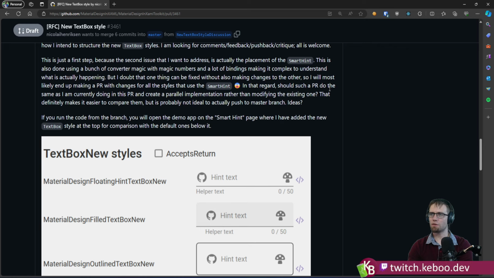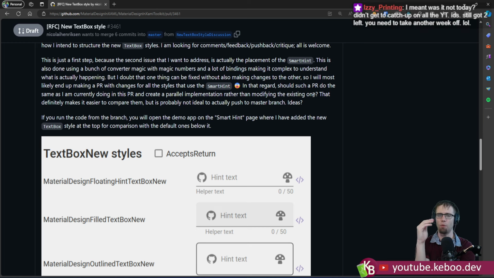Let's see. In that regard, should such a PR do the same as I am currently doing, this parallel implementation, rather than modifying the existing one? That definitely makes it easier to compare them, but it's probably not ideal to push the branch ideas. Yeah, that is a good question. On big PRs like this, my preferred way of doing it is typically to run the new branch and compare against running the old branch, just so I can see looks and behaviors. But yeah, if you do it side by side, if they're not both shown in the demo,